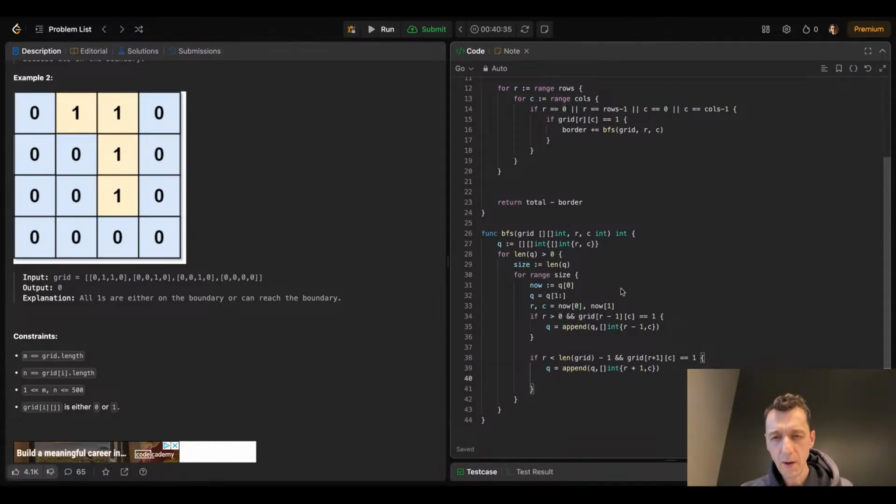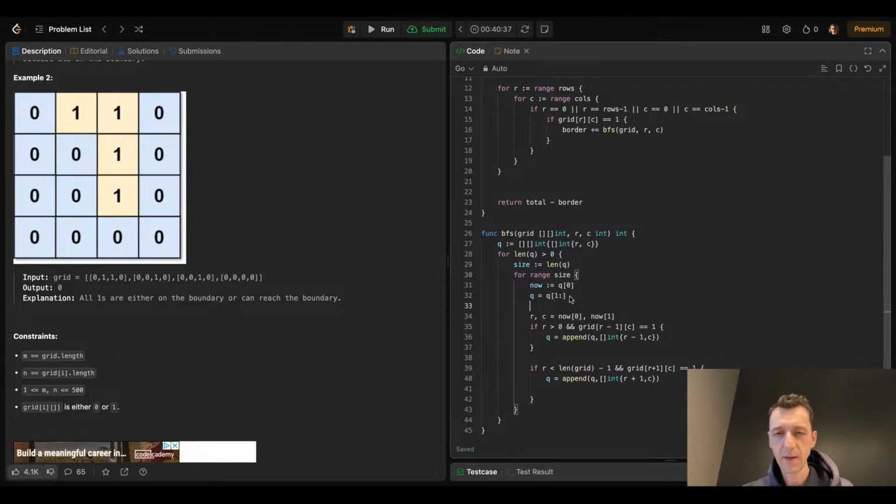When we are at 1, then we're gonna say here that the grid